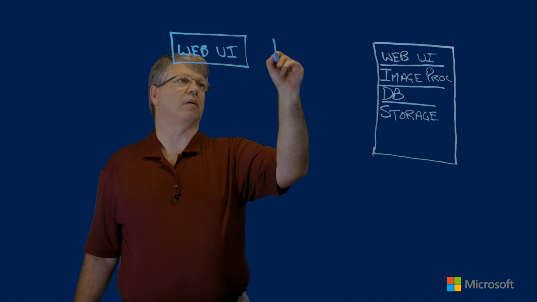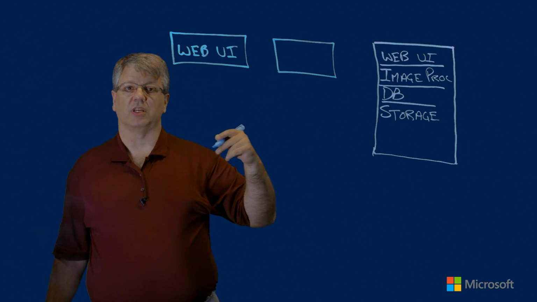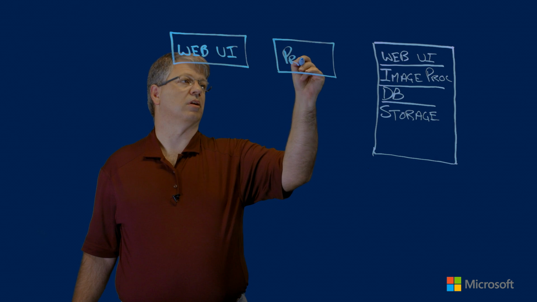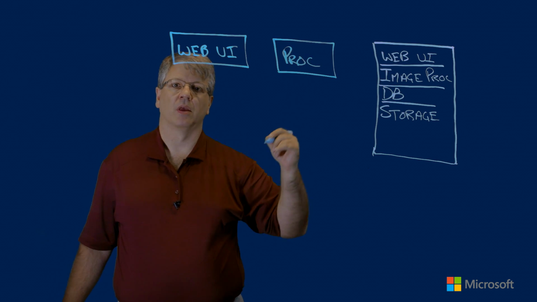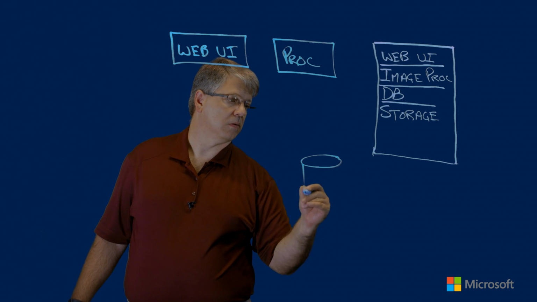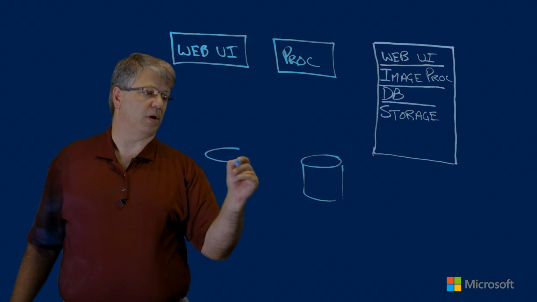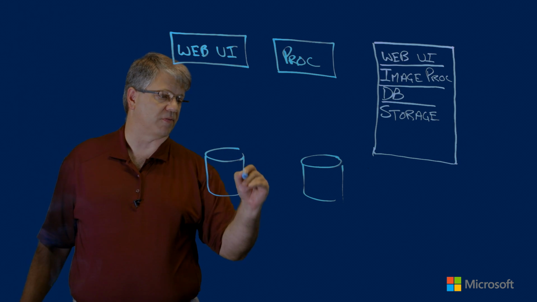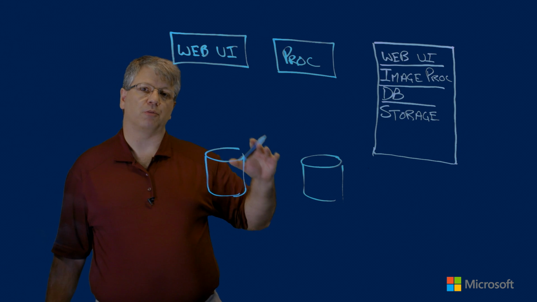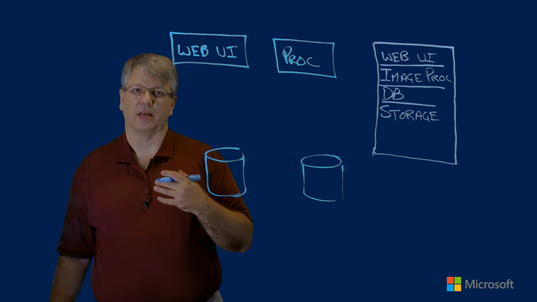And then maybe I'm using a logic app, or maybe a cloud service for the image processor. Could even be using a web job for that. Obviously, I've got some kind of database storage. And then I also have some other type of storage for the image files themselves, probably not in the database, right? Well, the advantage of partitioning this is now, first of all, depending on how I define this,